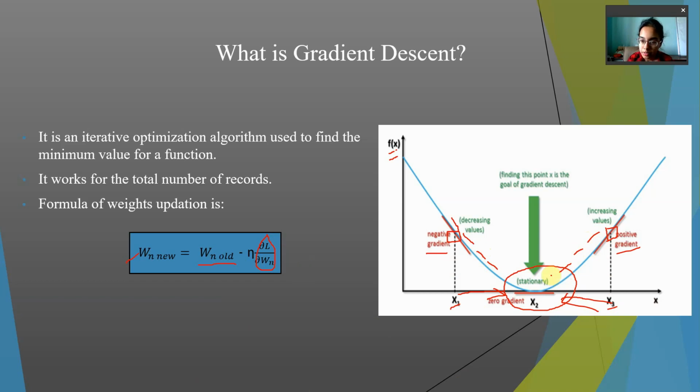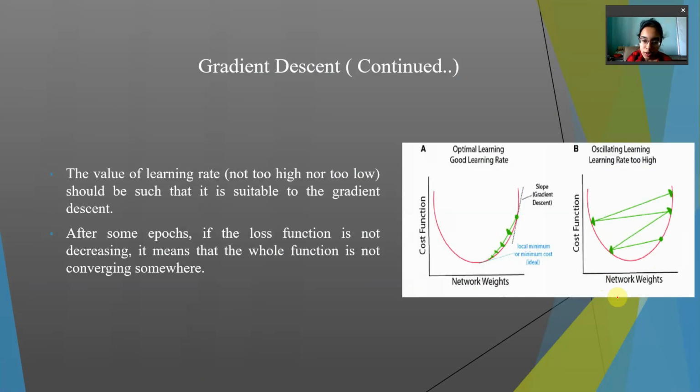So by default this side is the negative gradient and this side is the positive gradient for the gradient descent optimizer. For both the negative and the positive gradient, our weights are gradually reaching the global minima point. But now let us consider that we have chosen a very high learning rate. Then what will happen? It will keep jumping around this point. It will never reach the global minima.